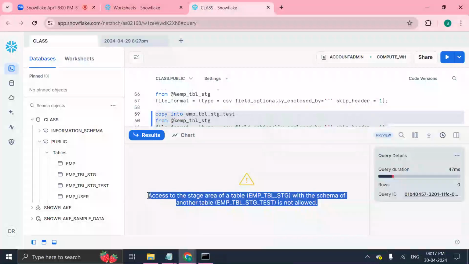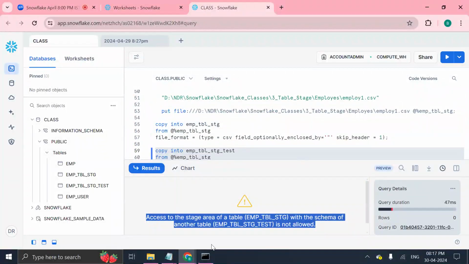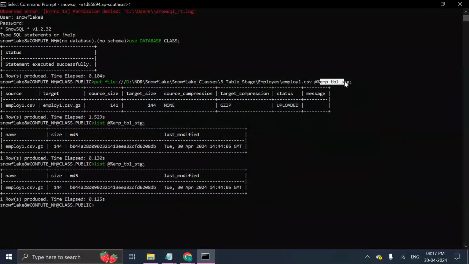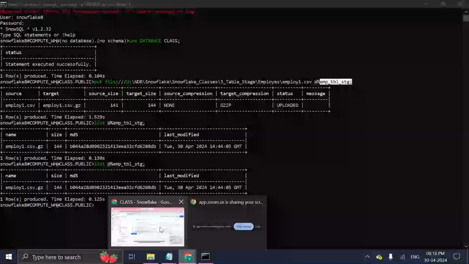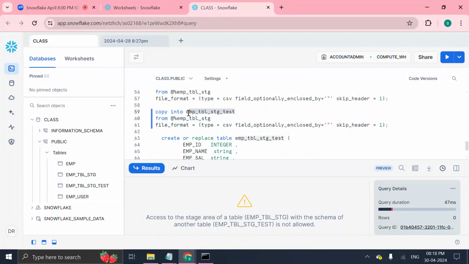This is a table level restriction, right? When you upload the file, whichever particular table stage we have uploaded to, that stage belongs to this particular table, so it will not allow you to load it to another table. Clear? Now if you wanted to load into the emp_table_stage_test table, what we need to do,